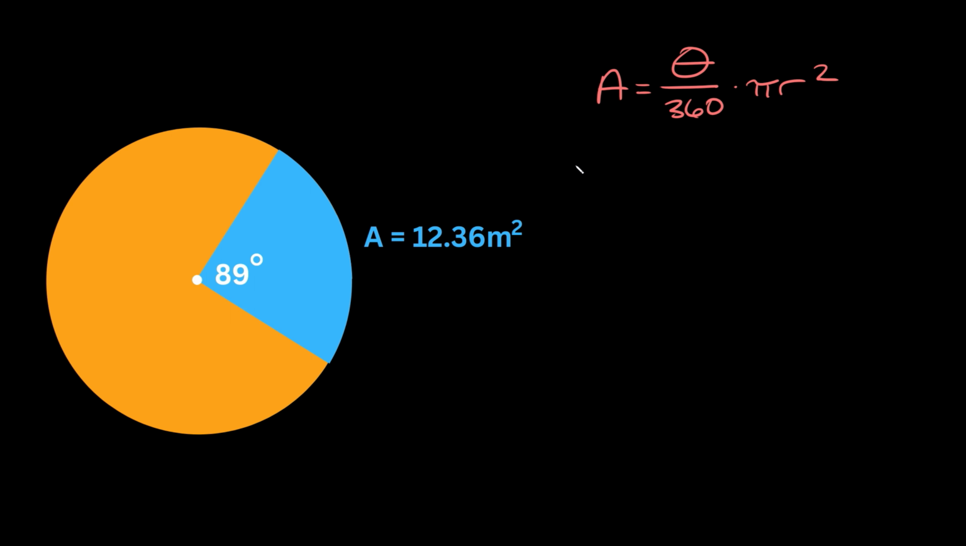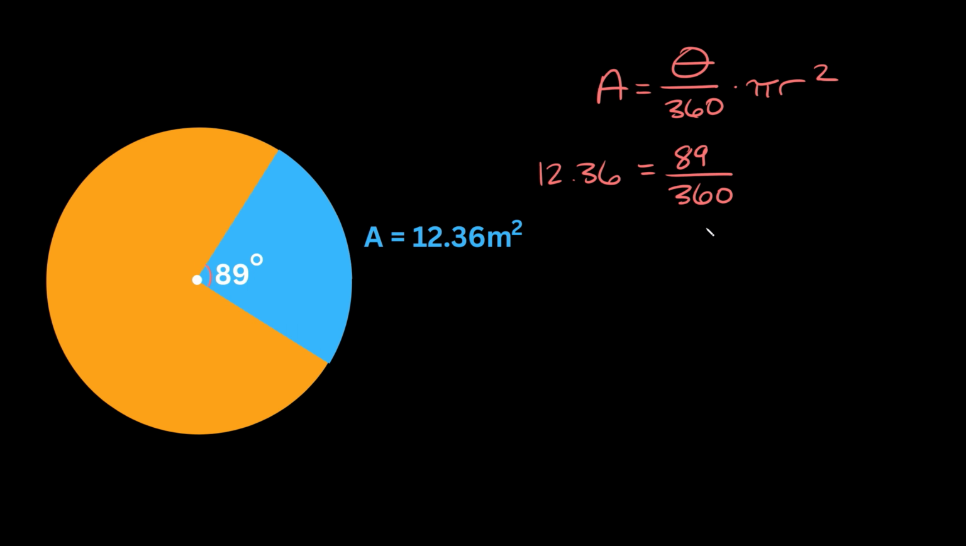So let's just plug in what we know. So again, we're given the area of this blue sector already, right? It's 12.36. So let's plug that in for A right here. So we're going to get that 12.36 is equal to theta over 360. And in this case, what is the central angle of the sector? Well, it's this one right here, right? It's given as 89. So we're going to plug in an 89 for theta,